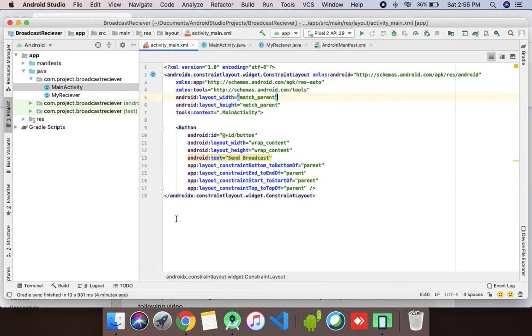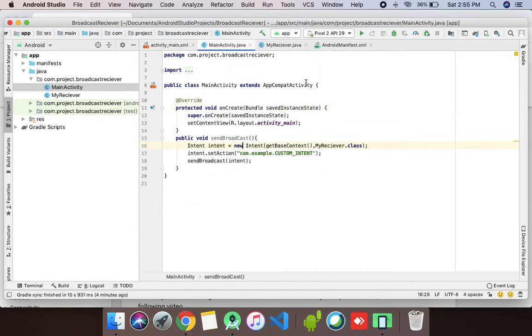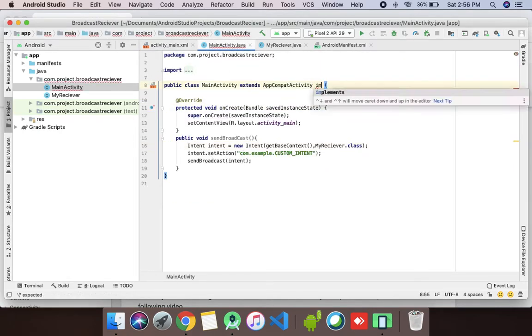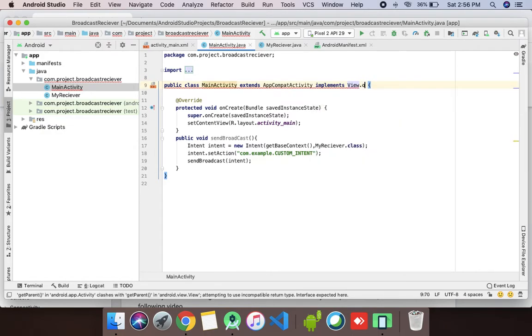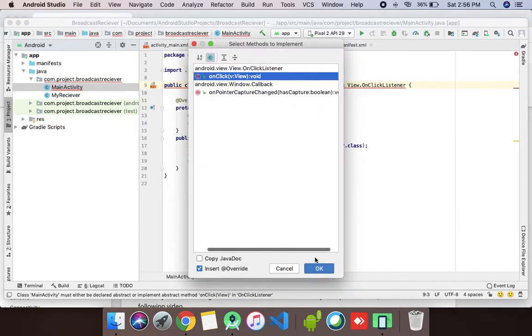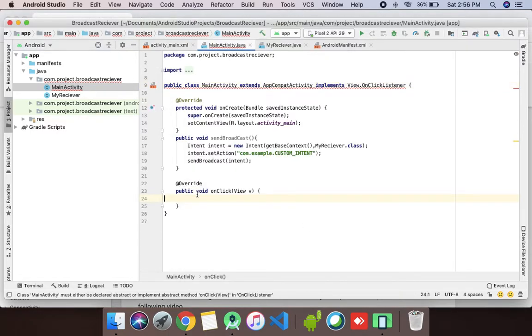We need to register a listener on this. We will implement OnClickListener, and as you can see it's asking to implement the methods, so we will implement onClick.